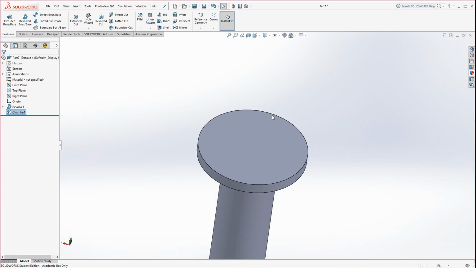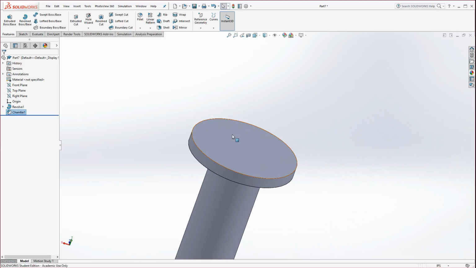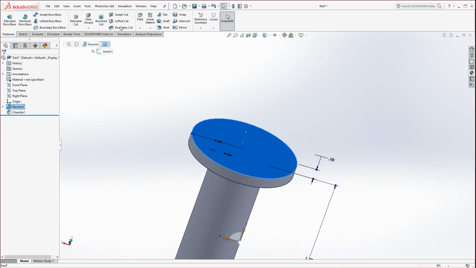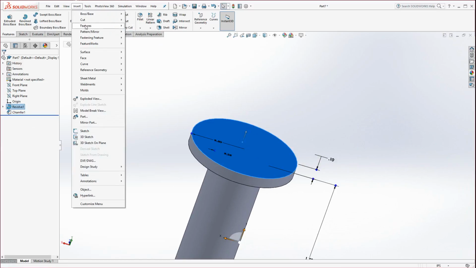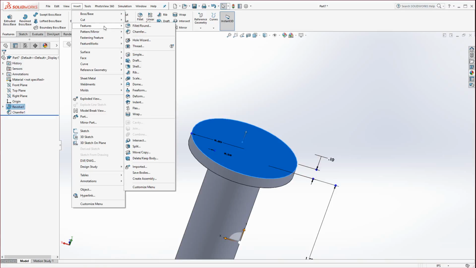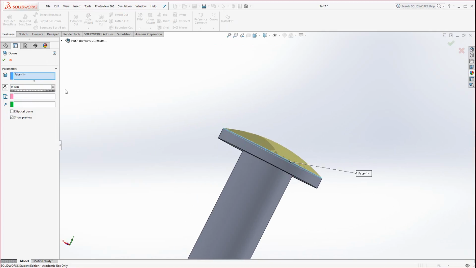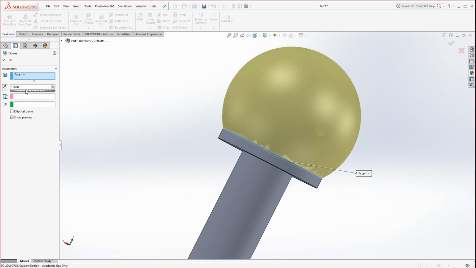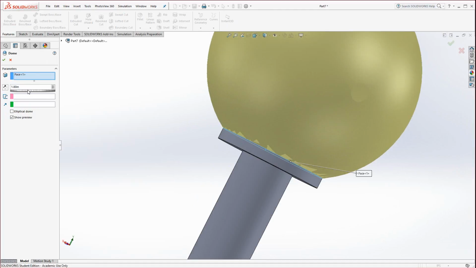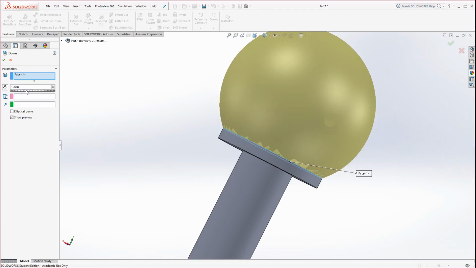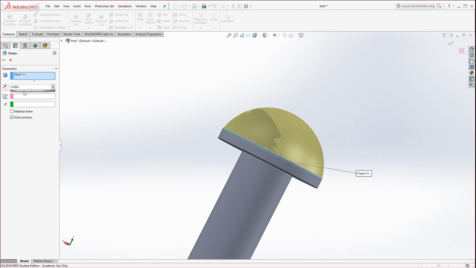Now the dome feature. The dome feature enables you to select a face and go to Insert, Features, Dome. You could see immediately a dome is forming, and you can just grab this little bar and drag it out. You can make it look like it's a golf ball on a tee, but we're just looking for an additional